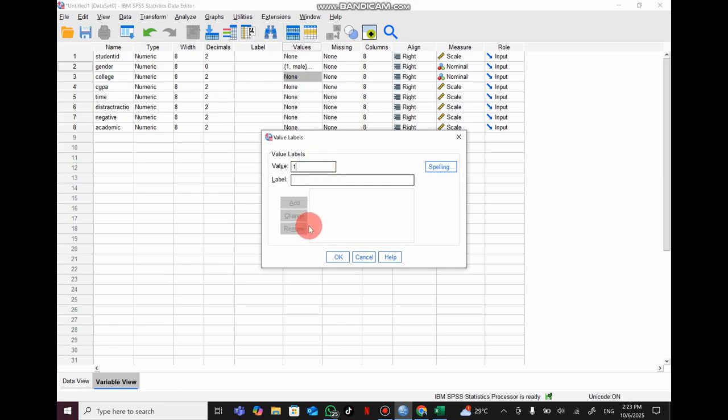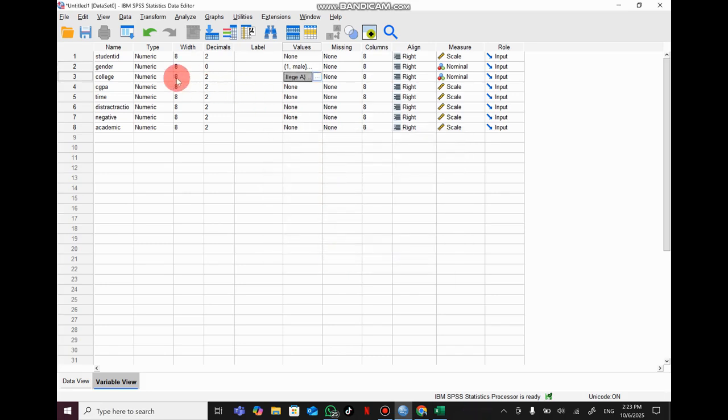One example is 1 for college A, then 2 for college B, then 3 is college C, because in this data we have 3 colleges.